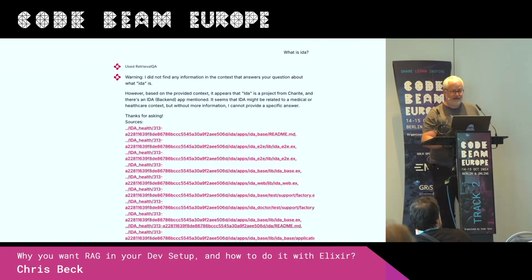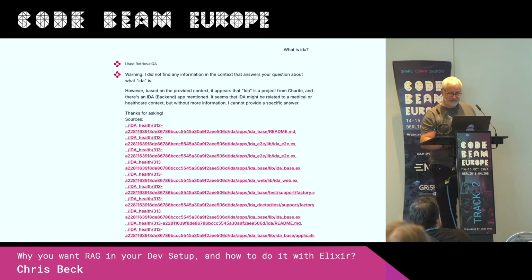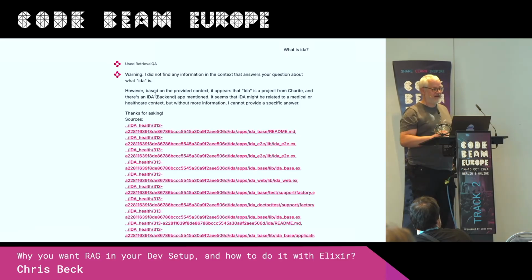And it says, however, based on the provided context, it appears that the project from Charité has an IDA backend. There's an IDA backend app mentioned. That's actually the LiveView Phoenix application. It seems that IDA might be related to medical or healthcare content.